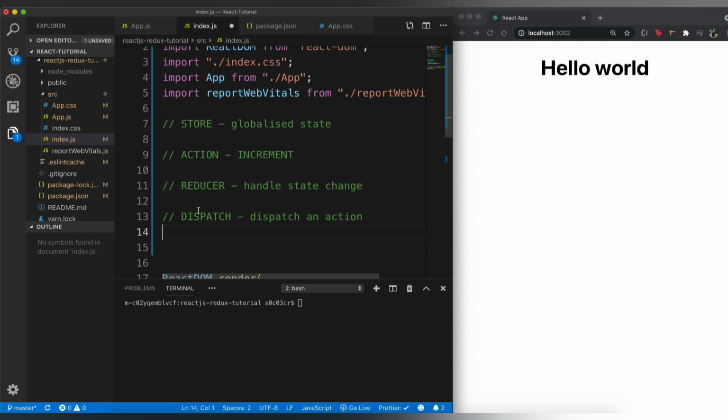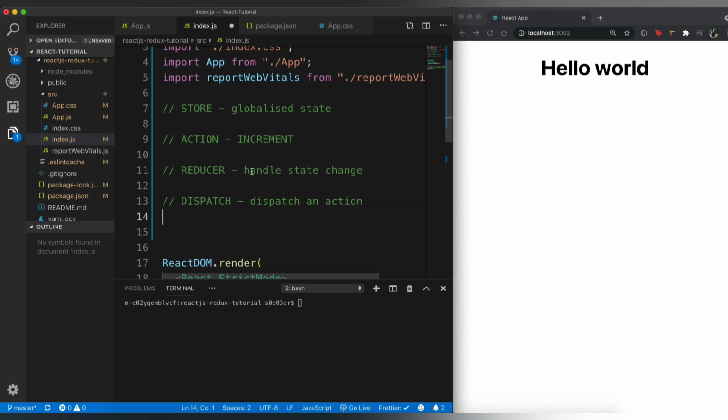How it happens is, you dispatch an action, it goes to the action, and then depending on what action you dispatch, for example, you can dispatch increment or you can dispatch decrement, the reducer is going to take care of the action. That means it will actually change the value from 0 to 1 or 0 to -1 depending on the action that you want to perform. Now this is not going to make much sense because we haven't written any code for it, but it's going to make sense, I promise.